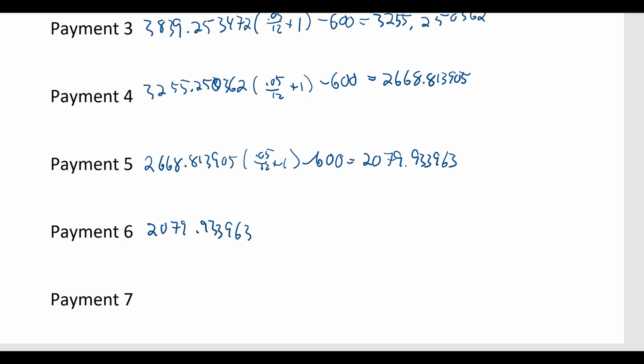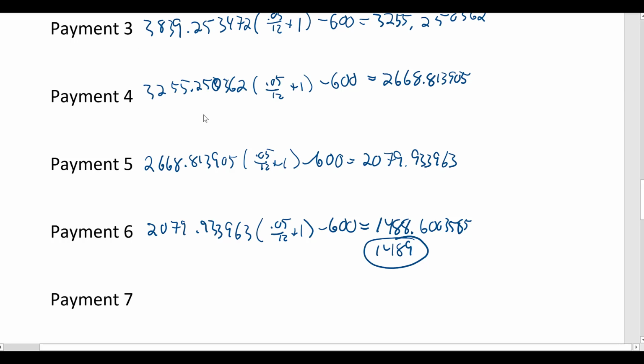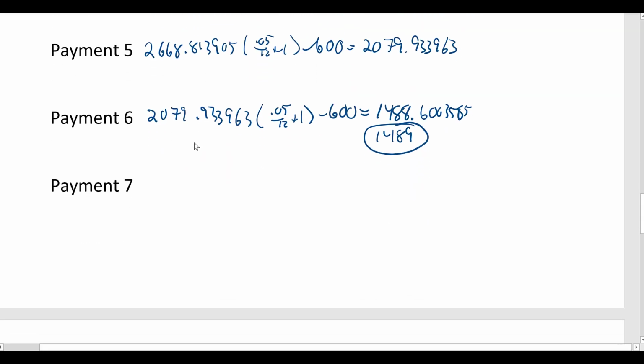Take that, 2079.933963 times 0.05 divided by 12 plus 1 minus the $600 payment gets us to our $1488.6003585. And they say go to the nearest dollar, so $1489 is what the answer to the first part is going to be. Then if we continue this process on, we would get that